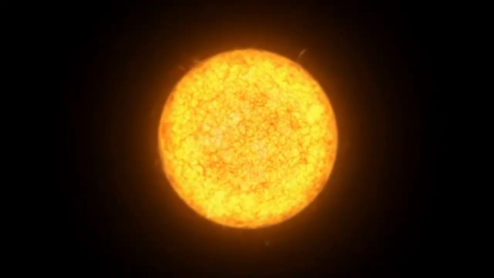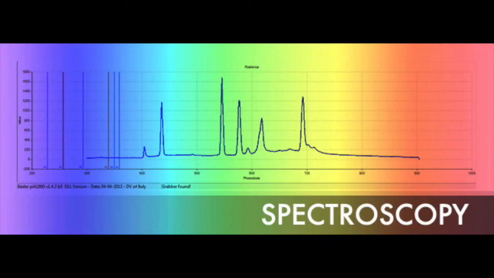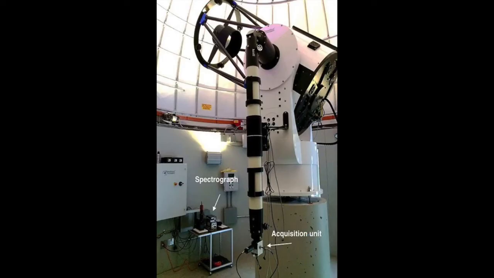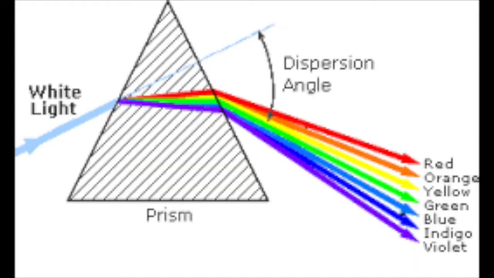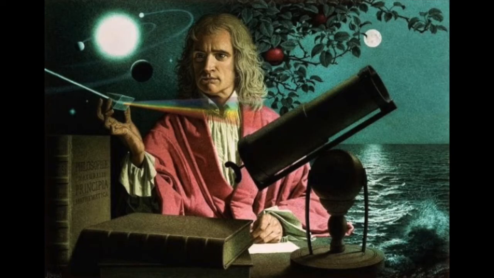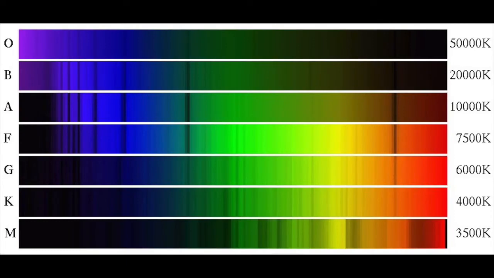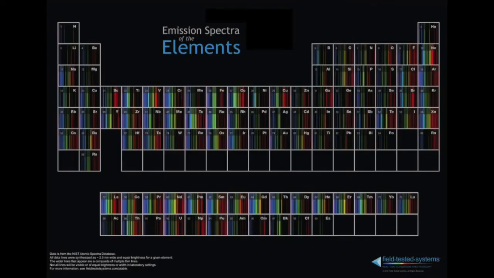We have been able to analyze this by using spectroscopy, which is the science of analyzing light. We have been able to analyze this light by using a spectrometer, which is a device that splits up light into various wavelengths in order for you to actually measure them and to discover information from them. Sir Isaac Newton discovered that visible sunlight could be dispersed into a continuous series of colors. As research into spectroscopy progressed, scientists began analyzing stellar spectra and realized that the scattered light could reveal much information